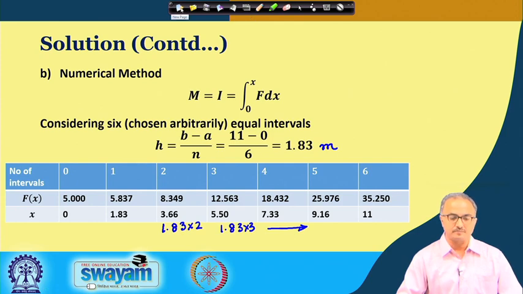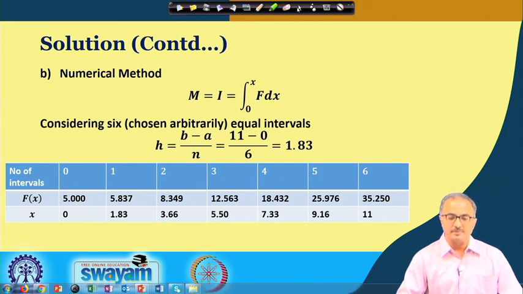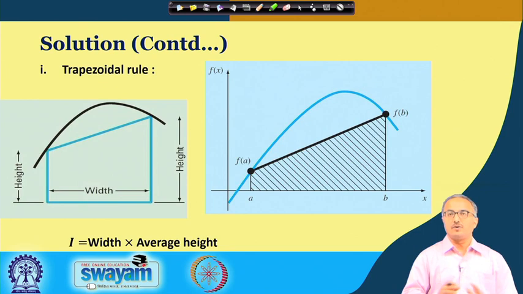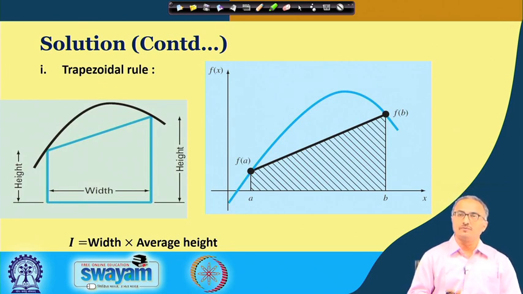Now first we shall go with the trapezoidal rule. Here you see that we are considering some kind of function, and we have some domain of interest, and this is the total width within which we have to find the area under the curve. In the trapezoidal rule, the trapezoid is a quadrilateral in which two of the opposite sides are parallel. The other two sides are not parallel. So that is a trapezoid.